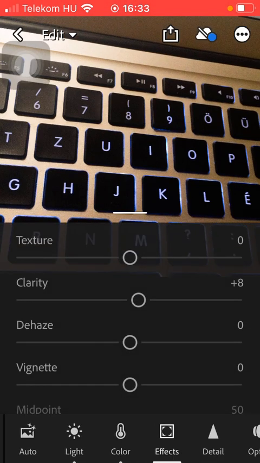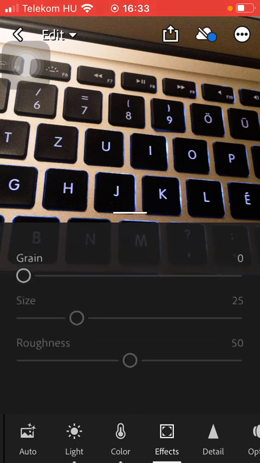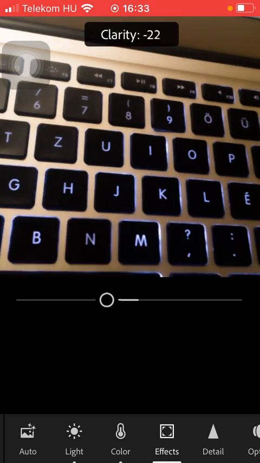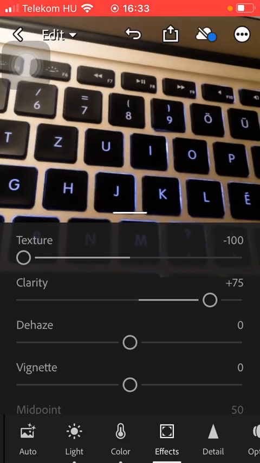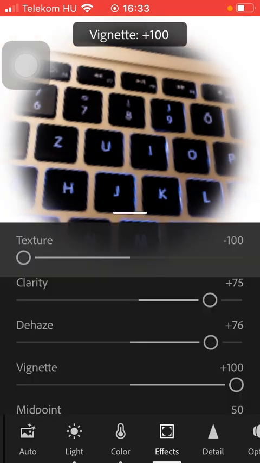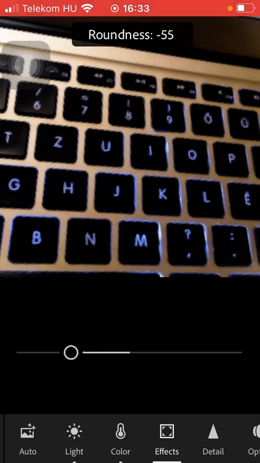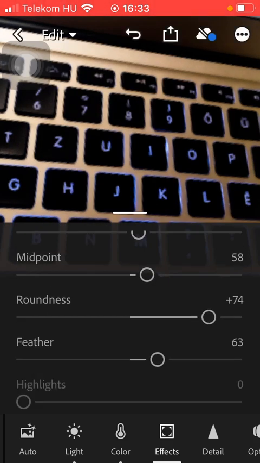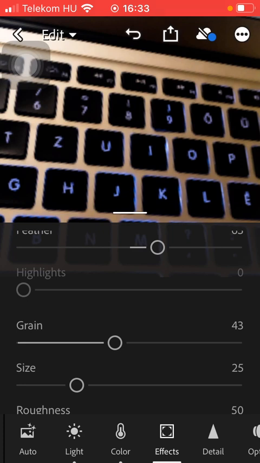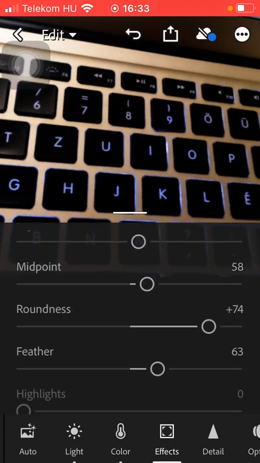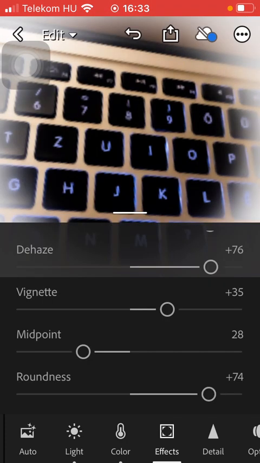Here you can find a bunch of options that you can adjust, such as the texture of your picture, the clarity, dehaze, the vignette can be adjusted too, as well as the midpoint, roundness, the feather, the highlights and the grain, as well as the size and the roughness. So feel free to play with these sliders at this section and select the best value that suits your